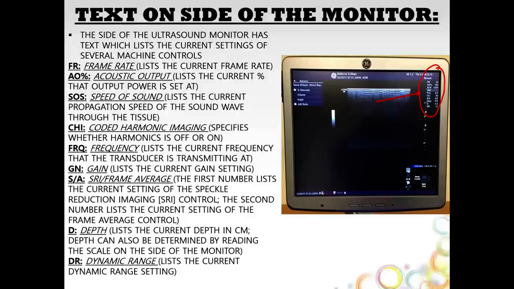FRQ is frequency. This is the current frequency that the transducer is transmitting at. Gain, this is how high or low our gain setting is for grayscale. And then you have something called